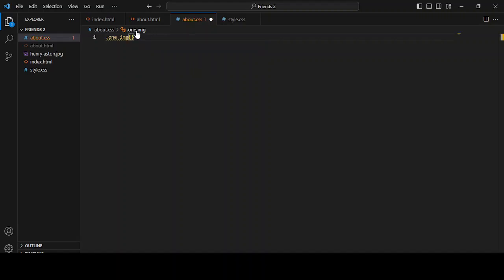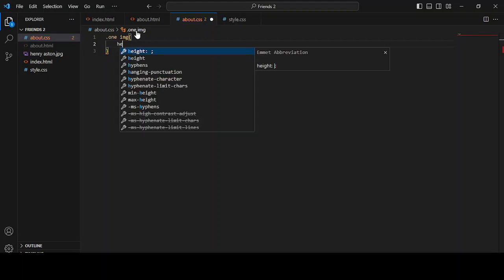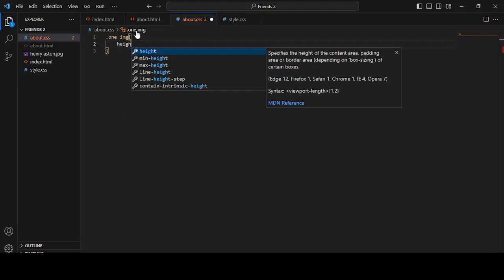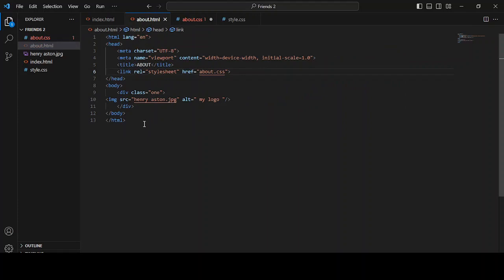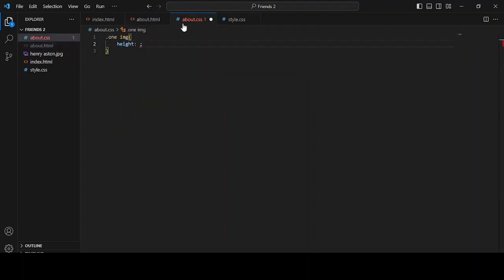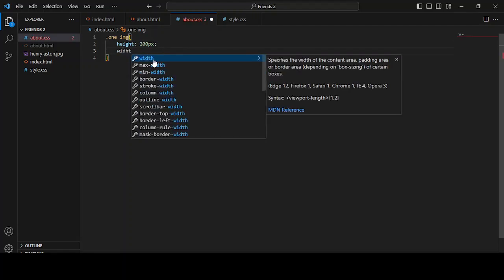Then after doing that, you're supposed to put a curly bracket under the IMG. Then just write the height. IMG simply means that in the division of class 1, you want to style the image only. After telling the CSS file like that, you will come and write the height of that image. Height, let us assume that you want 200 pixels for that height, the measurements. Then the width. Then under the width,